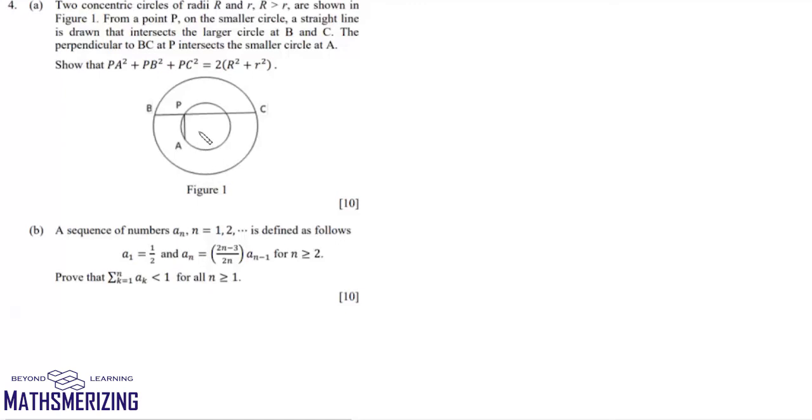Now these are two circles. Radius of this smaller circle is r, and radius of this circle is, say, capital R. And let the center be at origin. Now we can write this point of intersection in terms of parameter theta. We can write this point, say, D as r cos theta and r sin theta. Then P will be minus r cos theta and r sin theta. And the same way, value of A will be minus r cos theta and minus r sin theta.